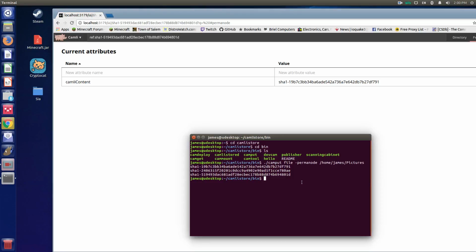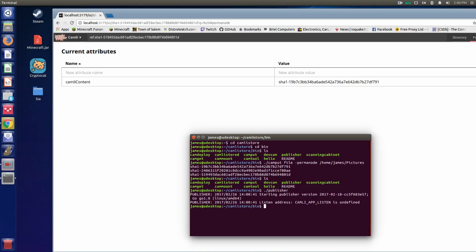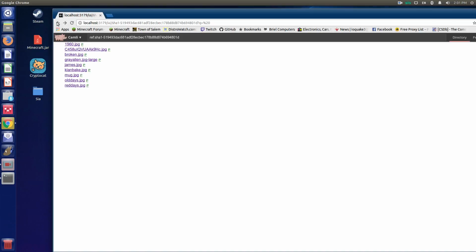I think you can also do the publisher. I never really tried the publisher before. Wonder what that does. I gotta do some more reading up on this before I go any further with camlistore. But I think what I do is I go here